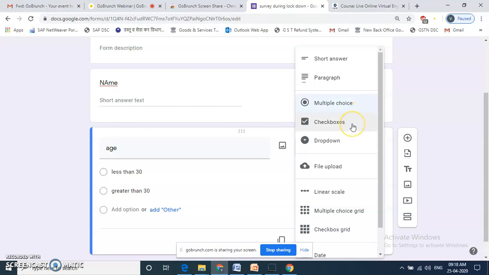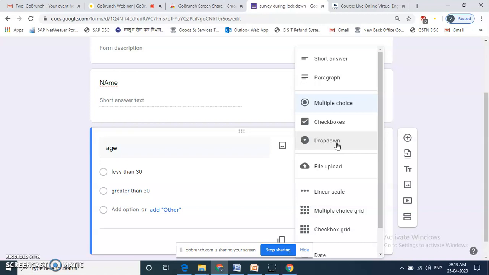In checkboxes, suppose you want to give a question like use of internet is for. One can use the internet for watching movies, for getting information, for playing games, etc. So one respondent can tick many options. In that case, you can use the checkboxes option. Also, there is an option of drop down.